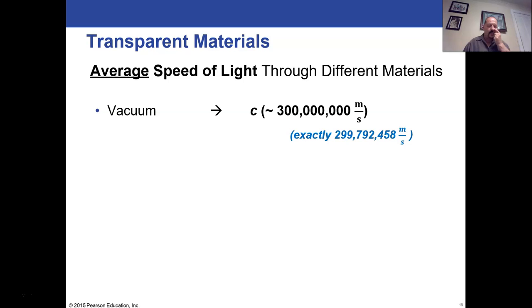Okay, so we talked about average speed, so let's look at some comparisons here. In a vacuum, the speed is about 300 million meters per second, if you want to know the exact number, and this is the exact number because in 1982, the governing body of standards and measurements for the entire world decided they were tired of people remeasuring the speed of light every year and everybody having to change all the measurements and all the calculations based on the speed of light. They had already gotten to something like this number in blue with a lot of decimal places after it. And eventually they said, this is crazy. Every year we have to change all our calculations. Let's just set the speed of light to the nearest integer,